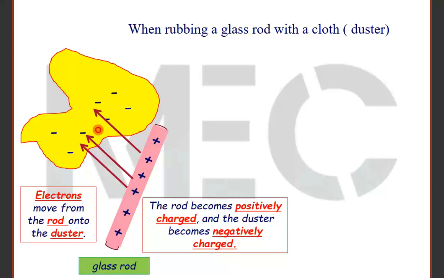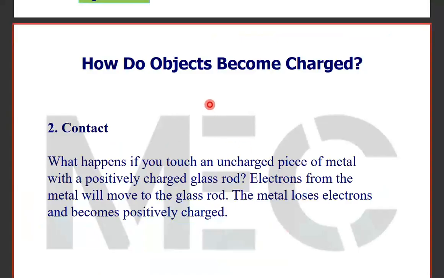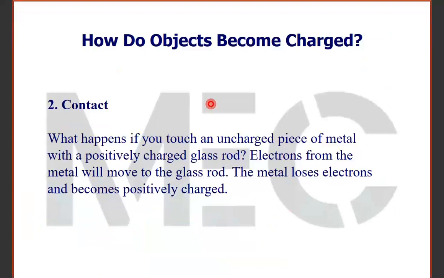The duster becomes negatively charged. Okay. The number 2 way of charging objects is through contact or conduction. What happens if you touch an uncharged piece of metal with a positively charged glass rod? Electrons from the metal will move onto the glass rod. The metal loses electrons and becomes positively charged. Okay, so through contact,